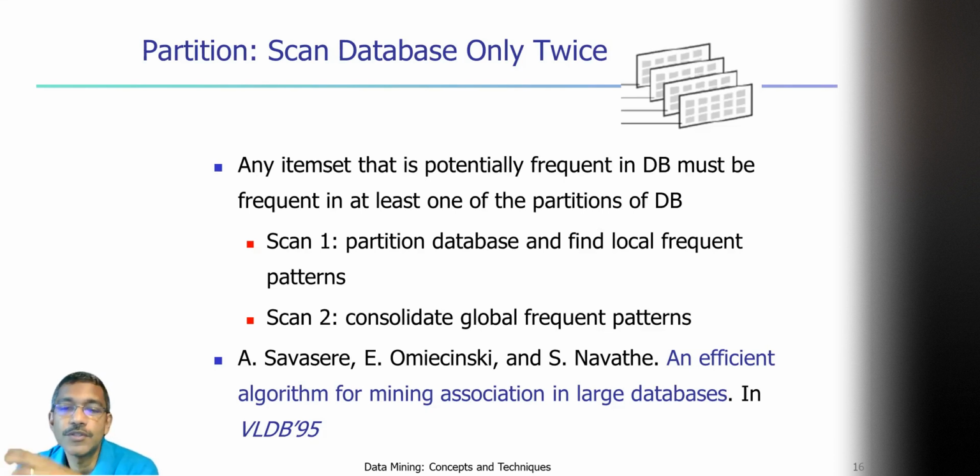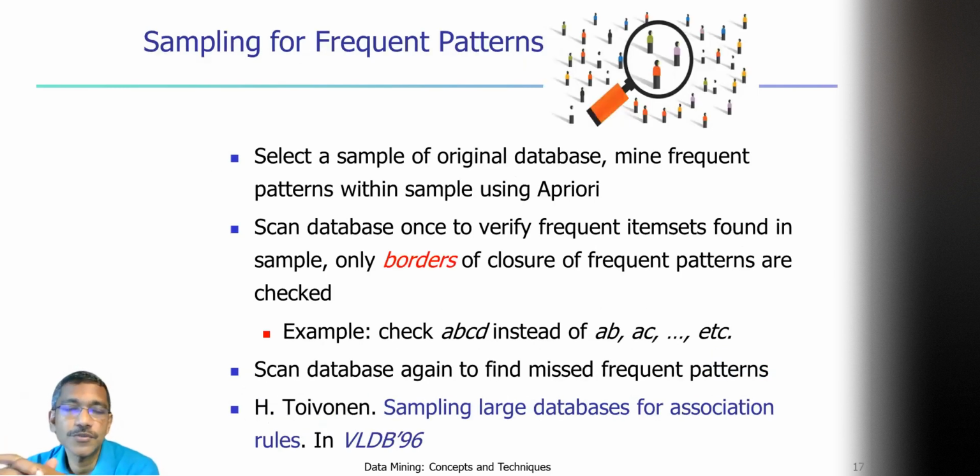Once we know what the pattern is, checking whether it's a frequent pattern is just one scan. But identifying what these patterns are is the biggest problem. So that's what we try to do by making partitions. Another approach is to go for sampling,